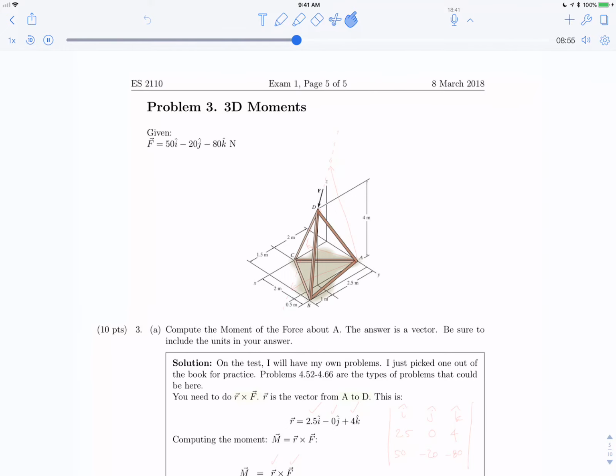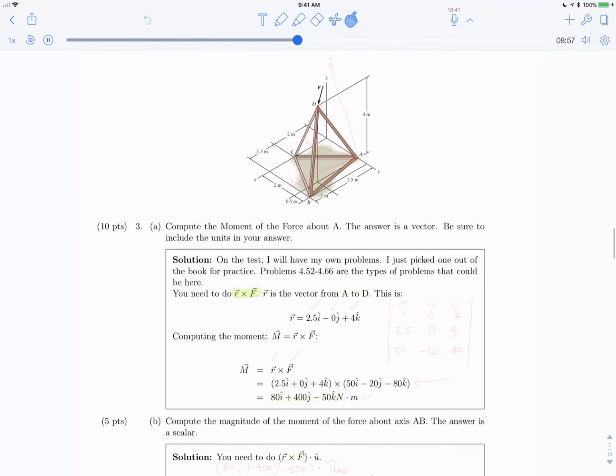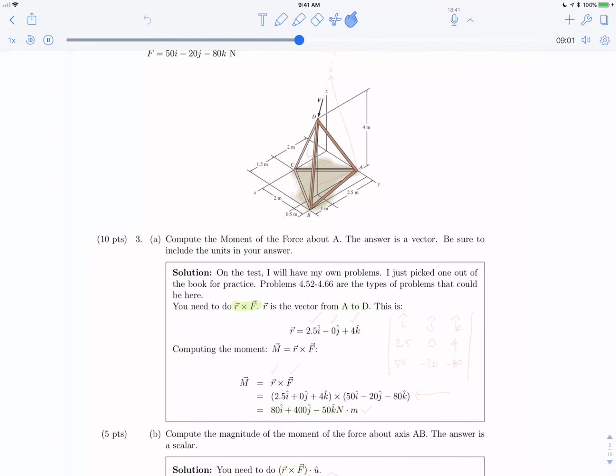And the moment is always, in 3D, just r cross F. It's actually r cross F in 2D, but we can do that by just doing force times perpendicular distance. Unless you are a savant at looking at things in 3D, you're going to have to do r cross F in vector form. Okay, we want to know the moment about A, and so what you can do, remember, you